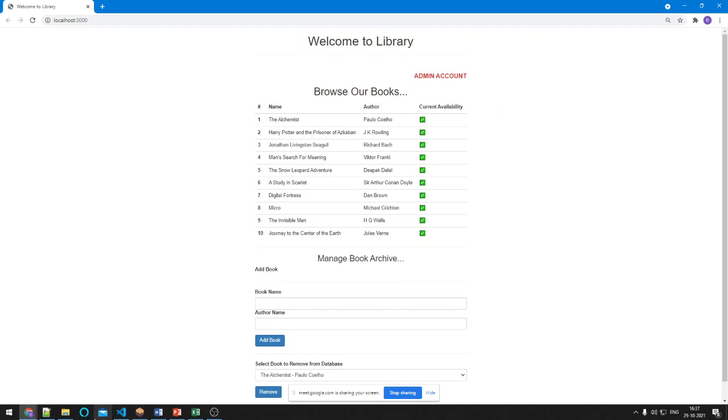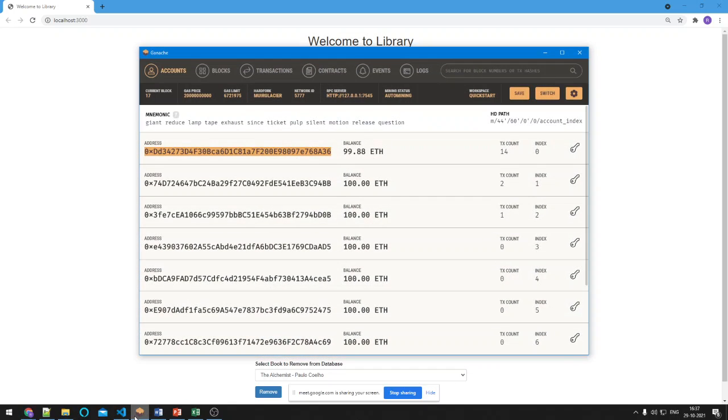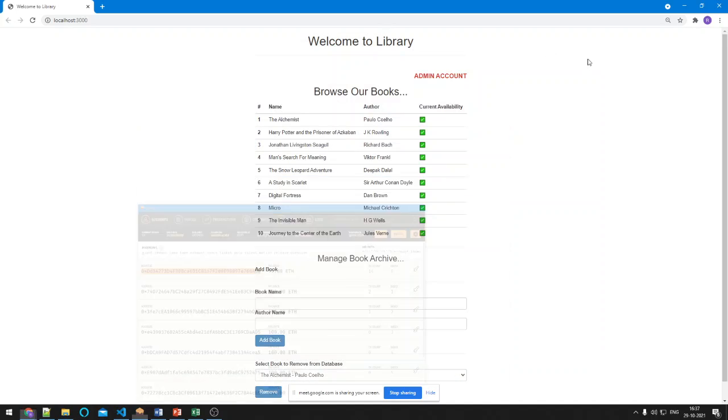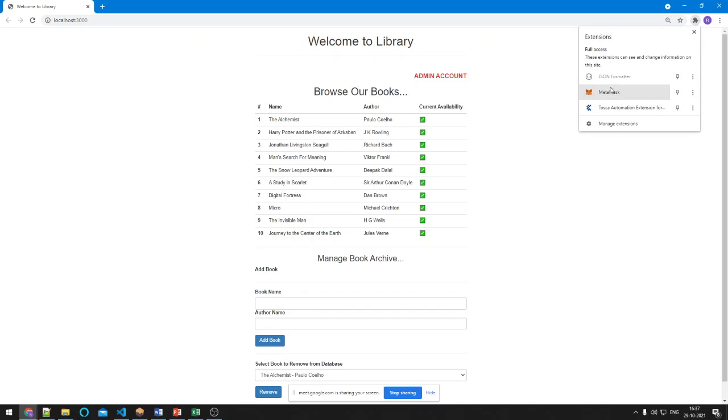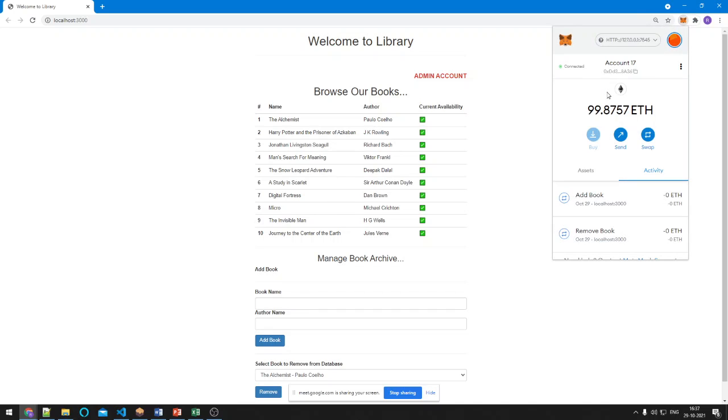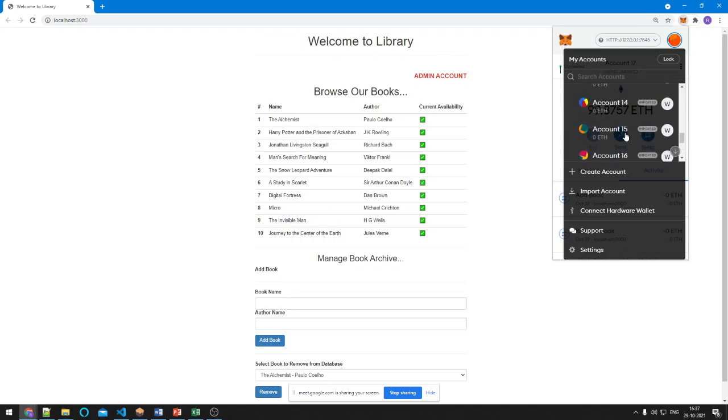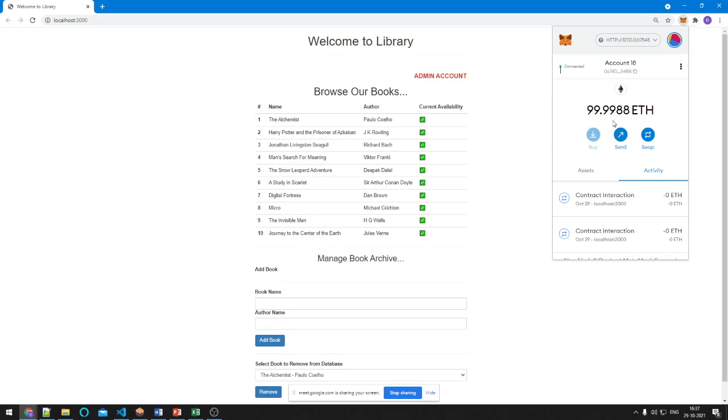The reason is, let's see to which account this particular MetaMask is loaded. I see this 8A36, right? If I go to MetaMask, here the account is 8A36. And I can shift to a different account. If I shift to another user, this is 94BB. So 94BB is a different user.